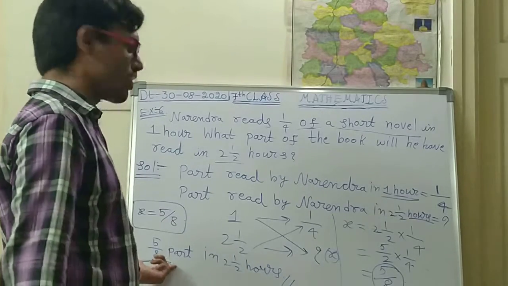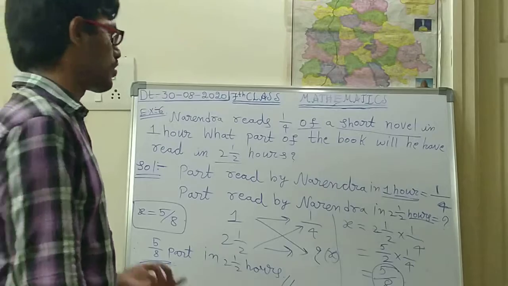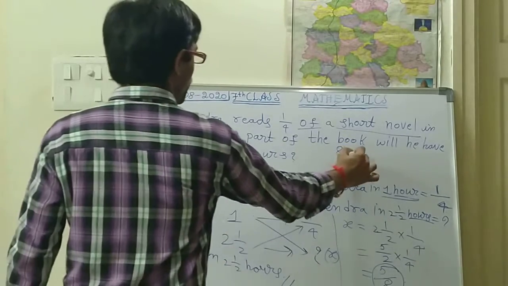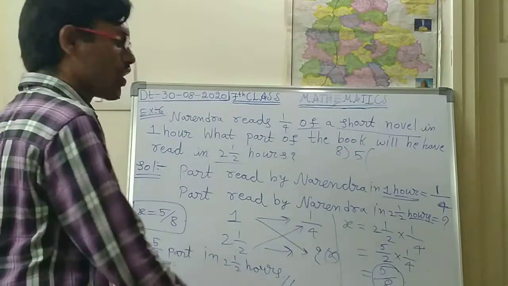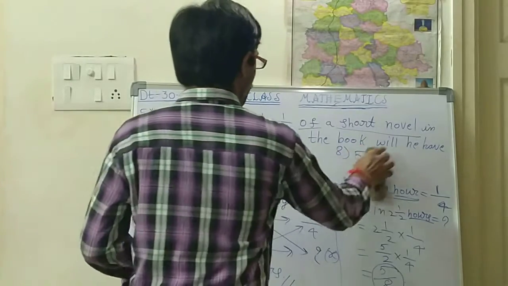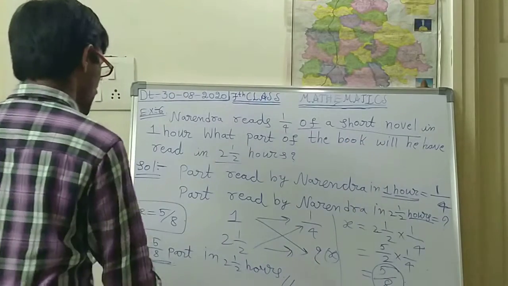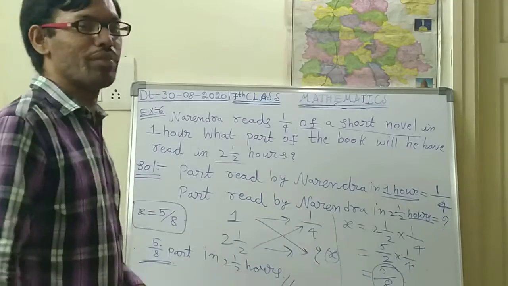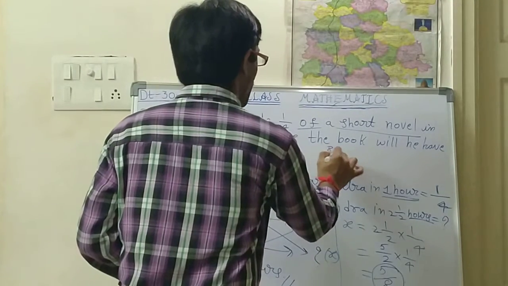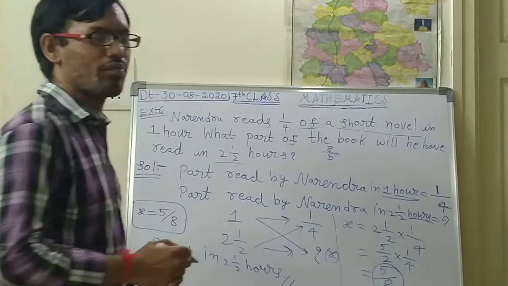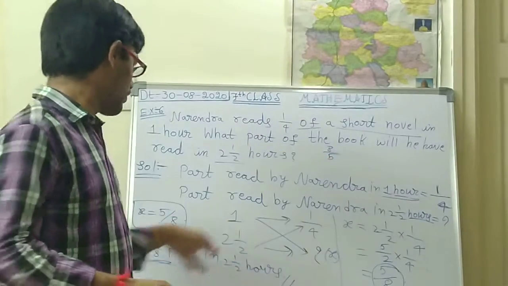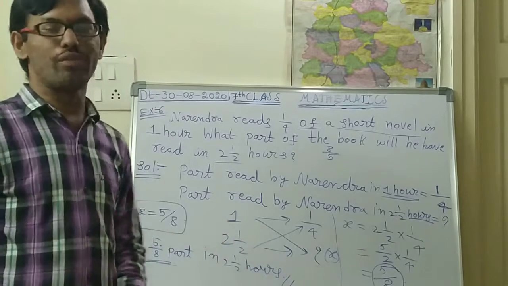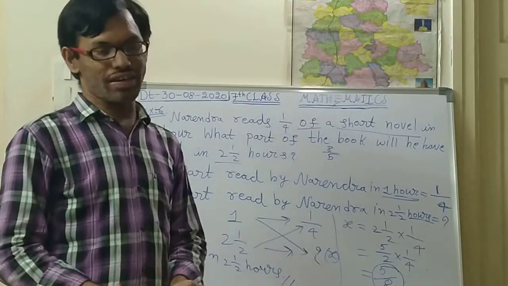If you want, you can convert this into a mixed fraction also. So what will be the mixed fraction for this? 8 to 5, a mixed fraction won't be possible. So just keep 5 by 8 only. 5 by 8 is the answer. Suppose the numerator is greater than the denominator, then it will be possible, like 8 by 5. For this type of answers it will be possible. Here the answer is 5 by 8, so it won't be possible. So this is about the example problem.